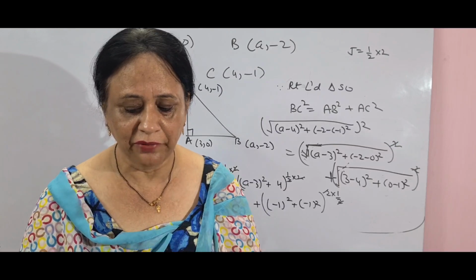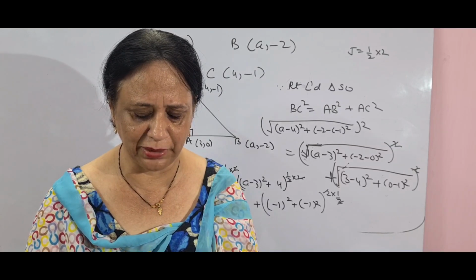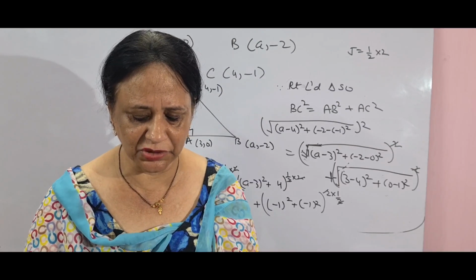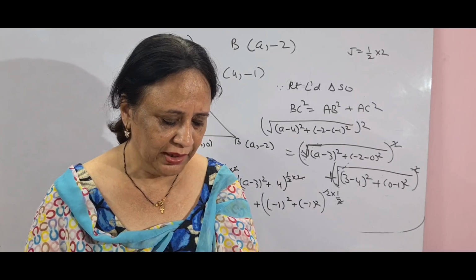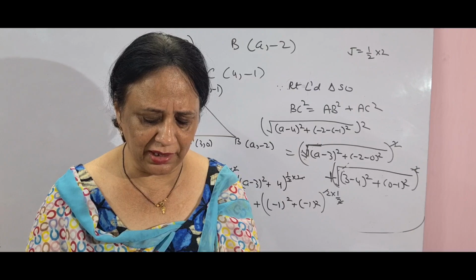One thing more, question number 17, by mistake I have left it. I just want you to see this question also. See, it is written that the vertices of the triangle are 5, 1, 11, 1, 11, 9.